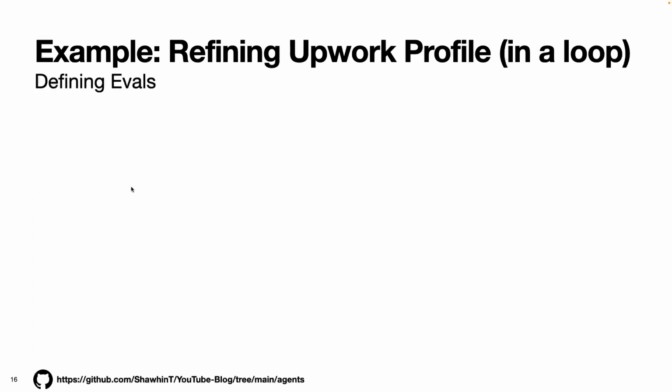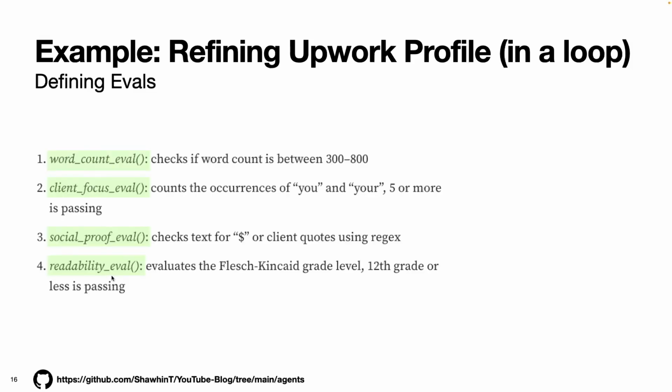The next step is to define the evals. This is going to be the test suite that we're going to evaluate model outputs on to see if it's any good or not. Here I define 4 different evals. And again, I used ChatGPT to analyze those top 5 freelancer profiles to brainstorm different evaluations. And so these are the ones I came up with. They're all rule-based evals. They don't involve an LLM and they don't require any real-world data. These are just things we can implement with code.